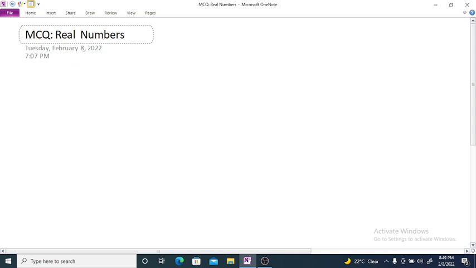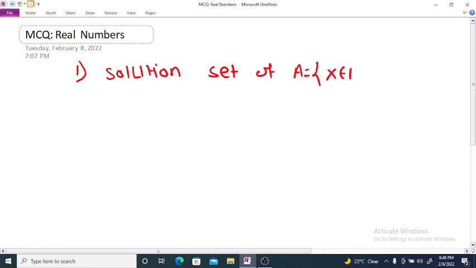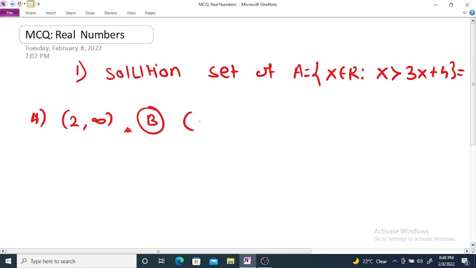Multiple choice questions on the set of real numbers. The first question is: find the solution set of the set A, equal to the collection of all real numbers x such that x is greater than 3x plus 4. Options: A, 2 to infinity; B, minus infinity to 2;